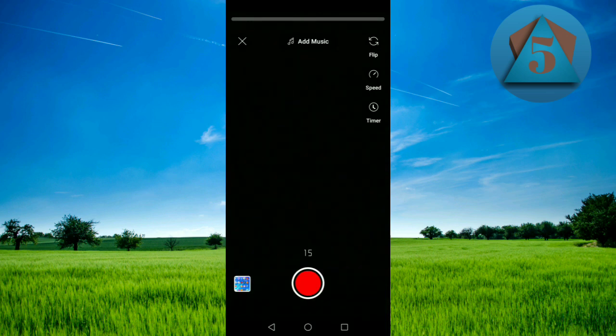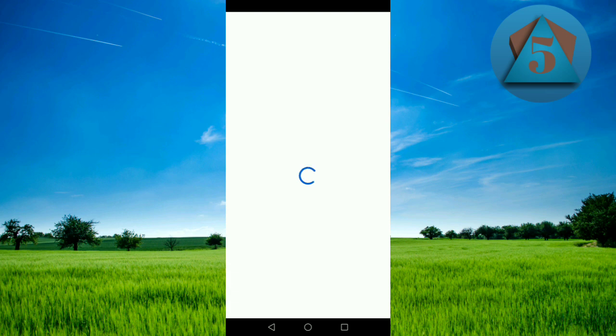You can also change the duration of your video from 15 seconds to 1 minute. Now it is 1 minute. Now 15 seconds. By tapping on this, add music option is for adding the music